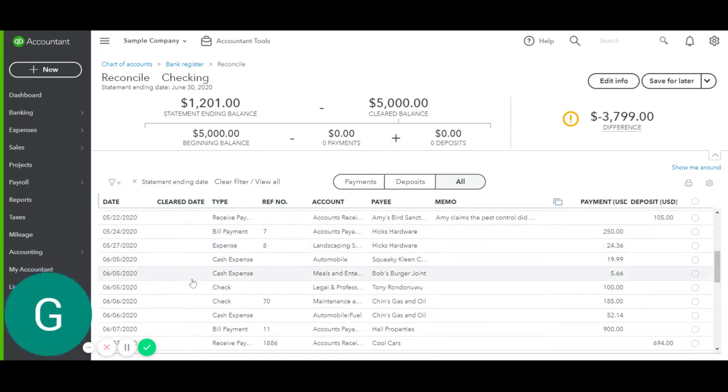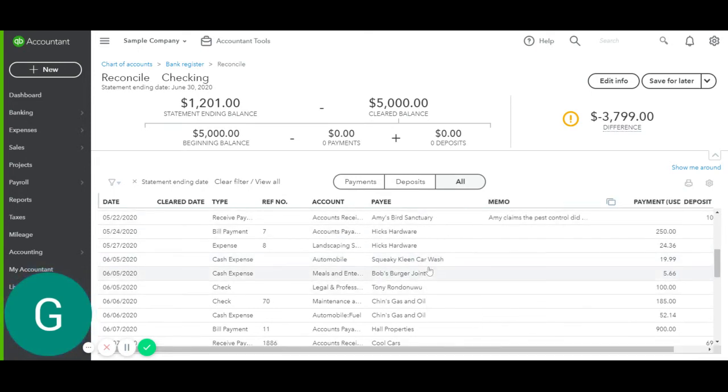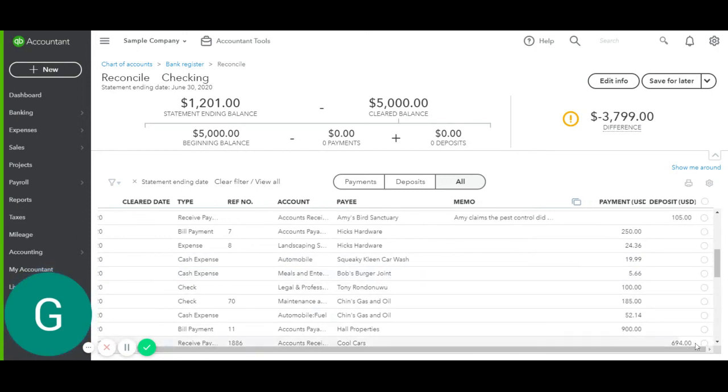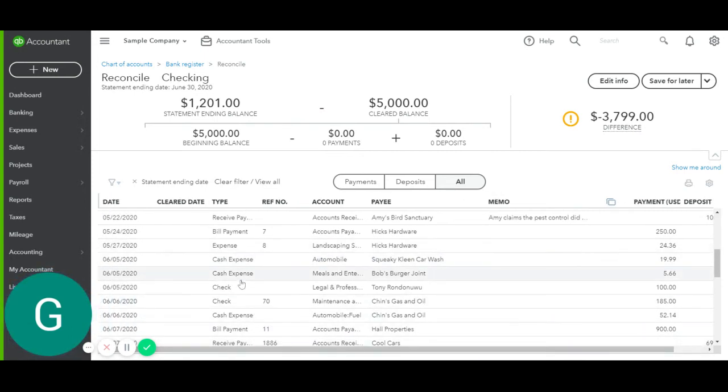So, for example, say we're looking at our bank statement and we're looking at June 5th, and there was a cash expense for automobile purposes to Squeaky Clean Car Wash, and it was for $19.99. So we want to match up that transaction. We look at our bank statement, it's there, everything matches up. And again, we want to match the date, the type of account that it's in. So we definitely want to assign it to the right account, and who it was paid to or who paid